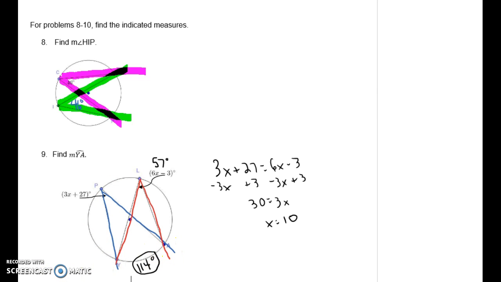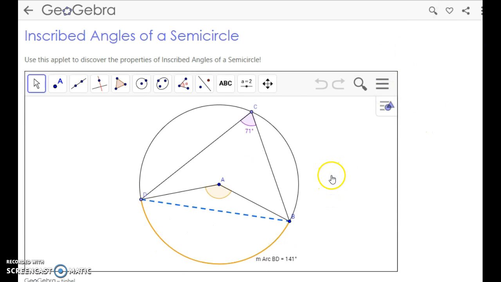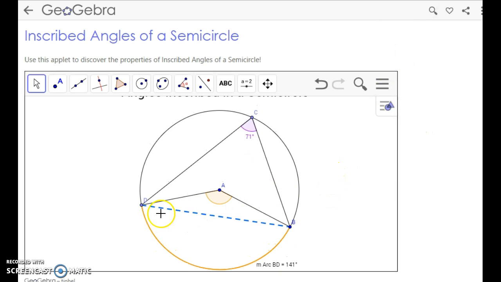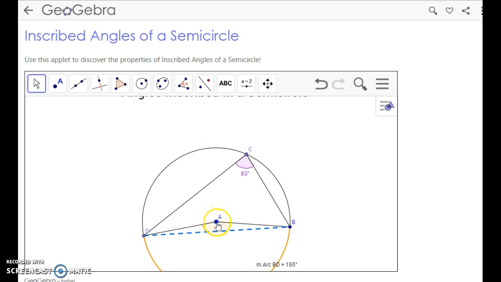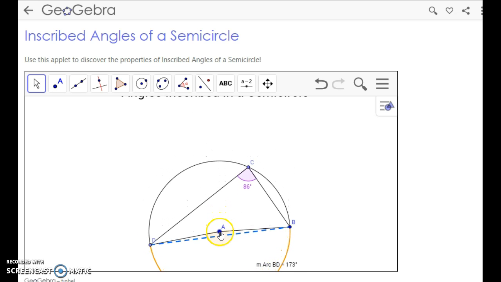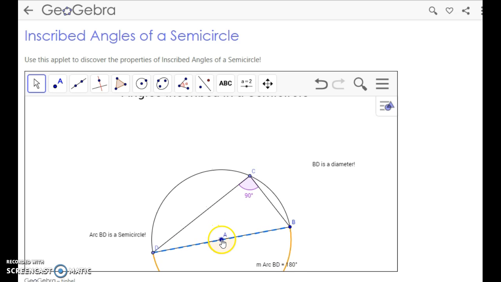must be congruent. And in our next sketch, what we're going to take a look at here is an inscribed angle of a semicircle. So here we're going to have these arcs, and we have a semicircle right here. So we want to basically take this and move it so that we get down to 180 so that it's lined up perfectly. And when we do that, there we go, that inscribed angle C, no matter where I put